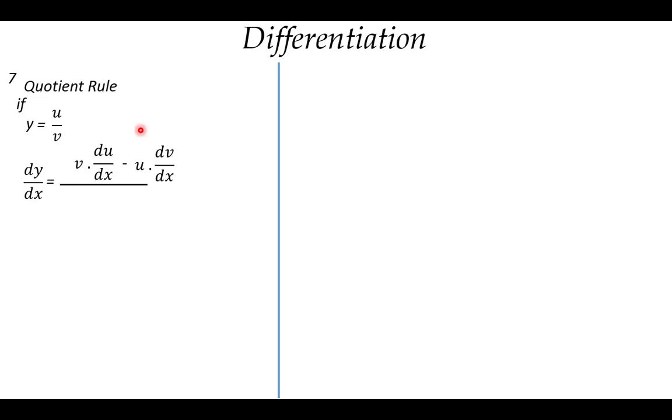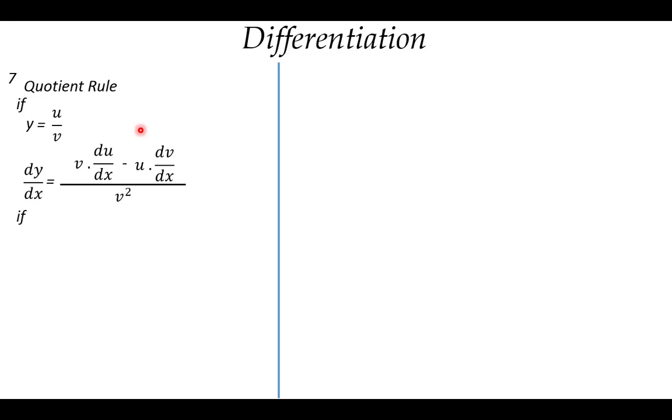Now let's go to rule 7. Rule 7 is the quotient rule. What does it state? If y is equal to u over v, remember the product rule was multiplication. The quotient rule has to do with division. So if y is equal to u over v, where u and v are functions of x, then dy/dx will be equal to v du/dx, that's v times du/dx, minus u dv/dx